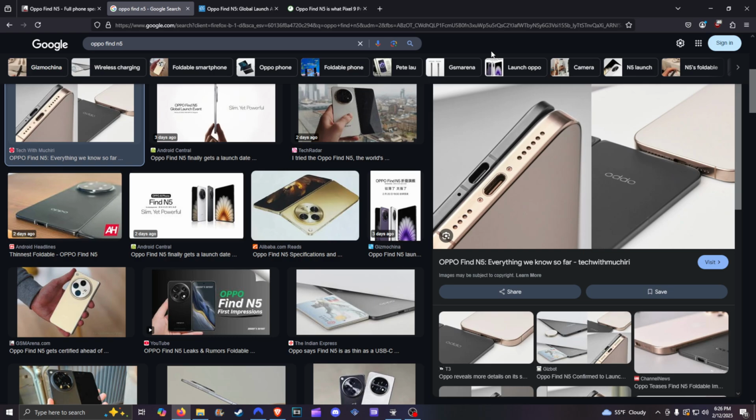assuming we see it. And when I say we, I mean people in the US. So, if we do, that would be great. If we don't, that would be a bummer. Then, if you're into a folding phone in 2025,